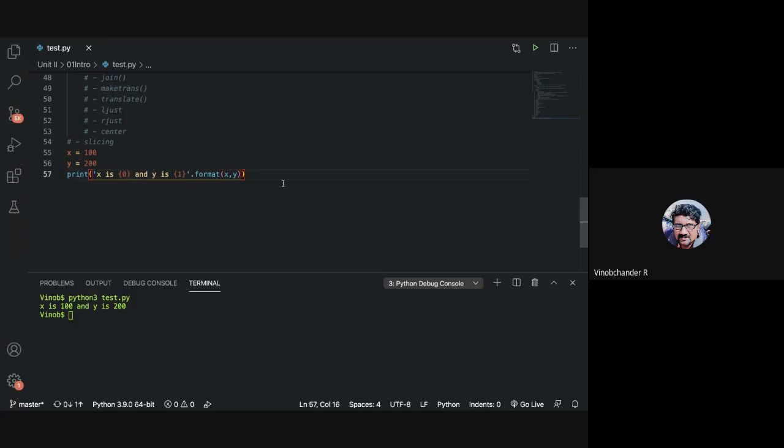Okay, so how do you specify a format specifier or a format directive, guys? How do you specify? Recall and tell me. Put a colon. Okay. And after the colon, what do you specify?